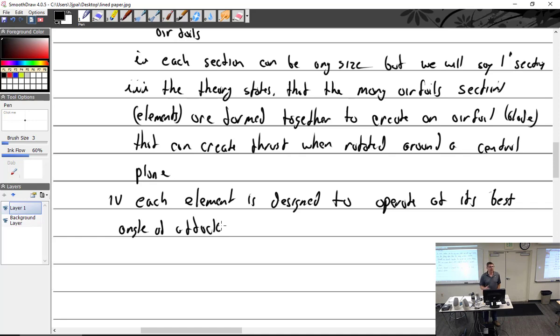So if we want to make it very simple, we can use an airplane instead of a wing because we can look at it easier. As the airplane is flying forward in straight and level flight and the air is coming this way, the angle of attack is very low. Now if the airplane is doing the exact same speed going this way, which way is the angle of attack? Pretty high. Still this way. Like if it's a jet, an F-16 or something, I'm being old now. Going straight up, angle of attack is this way.